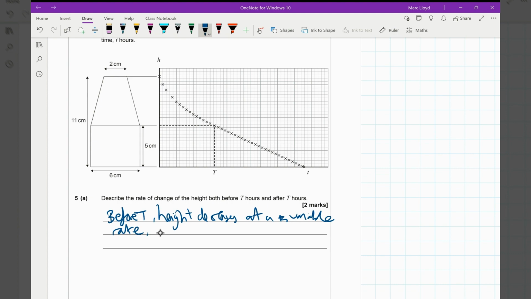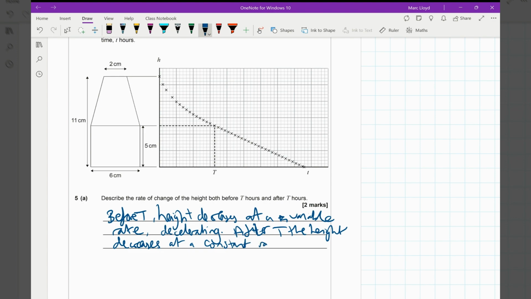And it's decelerating. Oh, that doesn't say decelerating, does it? Decelerating. Okay, and then after t, the height decreases at a constant